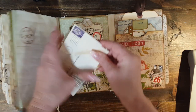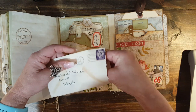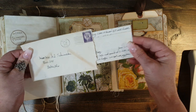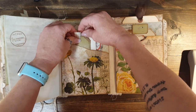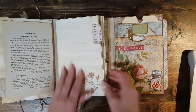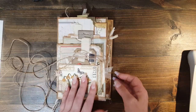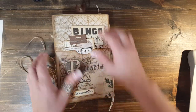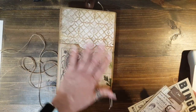Oh my goodness. And this is a vintage letter inside here from 1958. And I tucked that in there. And yeah, then you just close this one. Goes this way, and then this. And then on the back, I made a little pocket. The other one didn't have a pocket, but I just put a pocket on the back of this one,